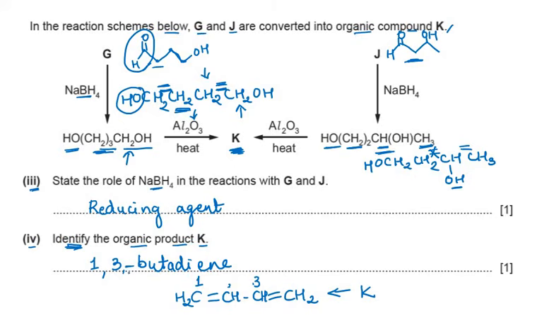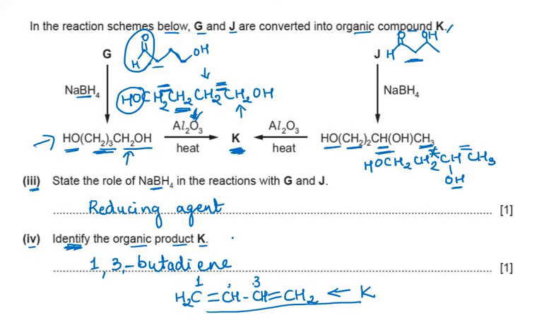So the name of the compound is 1,3-butadiene. What I suggest for such compounds is that if you are confused with such a structure, draw a simplified structure which is comfortable for you to understand. Then find out the product for such a reaction, and if you are told to name it, first draw the structure of the product and then name it. Writing the answers in steps will take a little time, but then you will get a perfect answer for such questions.